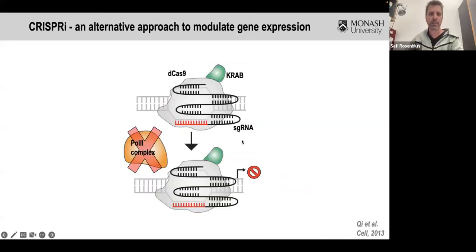That's why we went to another methodology called CRISPR-I. Now, CRISPR-I uses the same CRISPR machinery, but the difference is that CRISPR-I uses a dCas9. This is a catalytically inactive Cas9 called dCas9, so the two active mutants are no longer active. It can still bind to DNA, but it can no longer cut DNA. And this is also fused to a transcriptional repressor called CRAB, and the idea is to inhibit transcription with this complex.